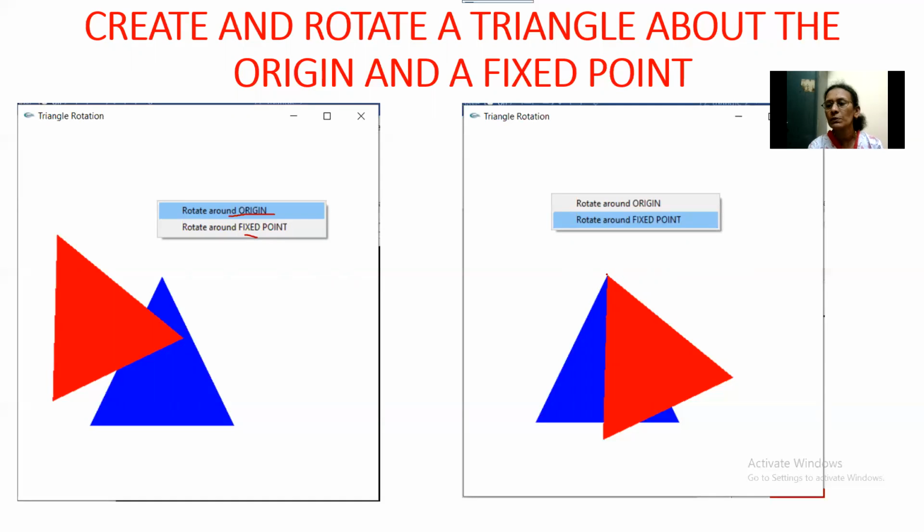If I take the second option, that is fixed point, this would be the output that I get. Say this was my fixed point, so this point remains fixed and you see that the triangle gets rotated by whatever angle I have selected. Basically this is for 30 degrees. So this is the kind of output that we expect. We write a program so that we draw the initial blue triangle, and if we have to rotate about origin, we rotate the 3 vertices and we get this red triangle. If we have to rotate about a fixed point, we get the fixed point coordinates and the triangle gets rotated about that point.